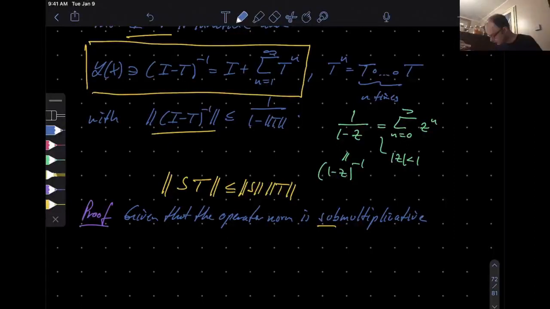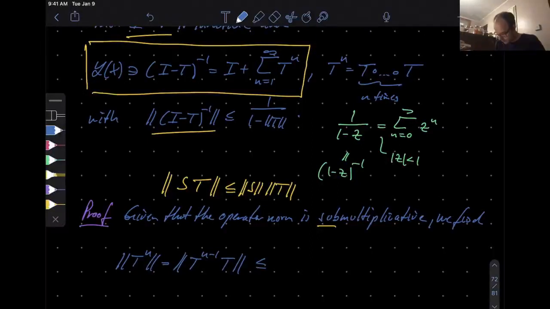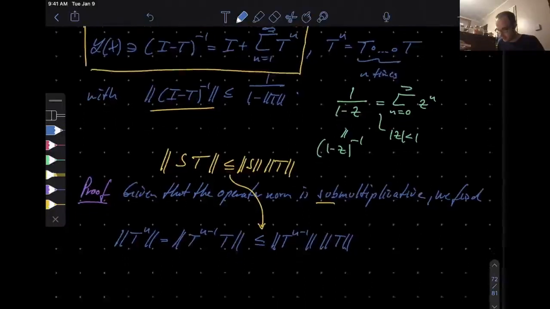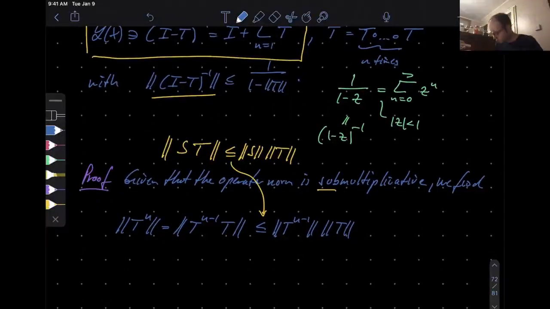Since it is submultiplicative, we find, well, we need to get our hand on this nth power, but okay, you just iteratively use the inequality. You split up one of the T's, so you have T to the n minus 1 times T, and then you iterate the same procedure on the first factor. Okay, so by the same logic, this gives you the nth power of the operator norm of T. Okay, that's what we have, and this works for all natural numbers n. All right, hence